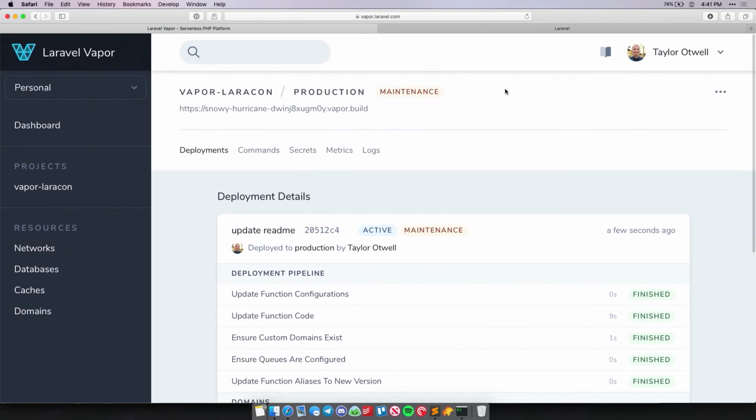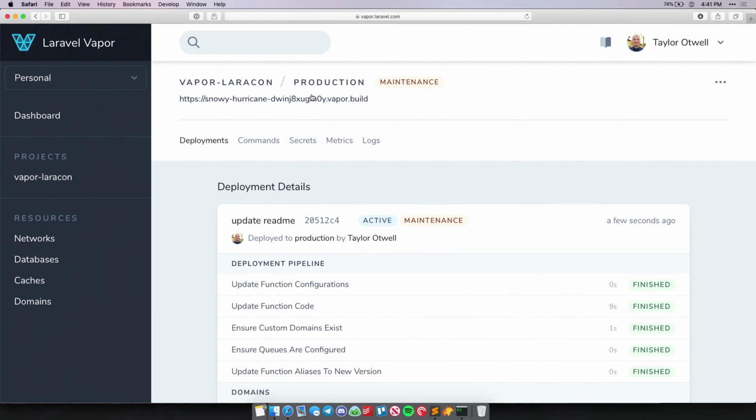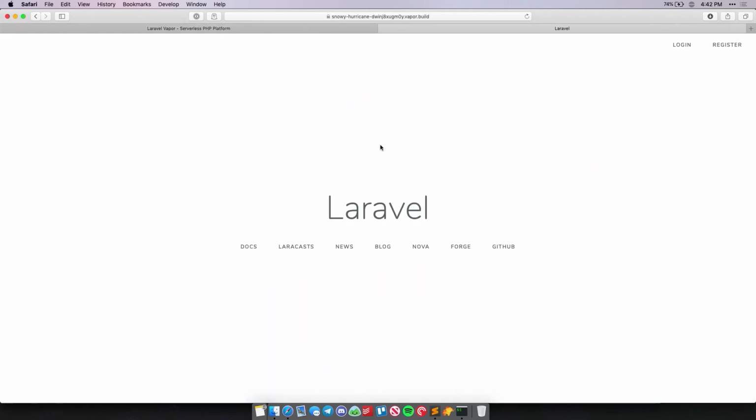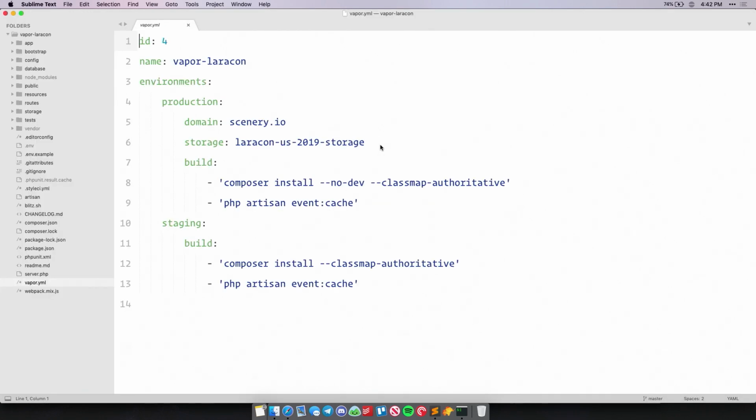Now, I want to show you something that I think is pretty cool. If I visit this Vanity URL, let me close that tab, I can still access the application. But let's look at my Vapor YAML configuration file. You can see that I've assigned a custom domain to the production environment, just an extra domain I had lying around called scenery.io.